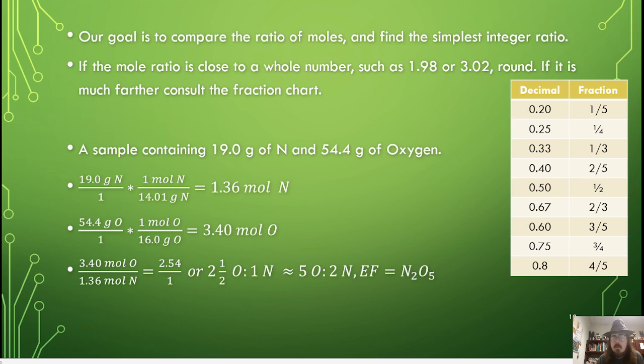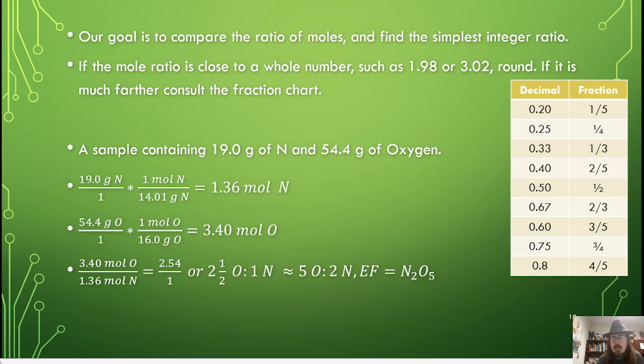So if the mole ratio is close to a whole number, we're going to assume maybe there was some degree of uncertainty in the measuring of it, or maybe we introduced some uncertainty by rounding unnecessarily in the molar mass calculations. So if I had a ratio of 1 to 1.98 or 1 to 3.02, feel free to round that to 2 or 3 respectively. However, if it is much farther than that,